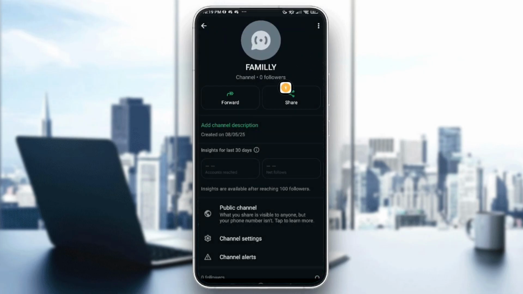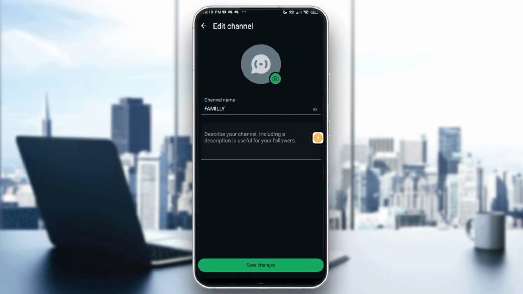And right here, I just want you to go into these three points and tap on them, and here I want you to tap on Edit. So once you get here, I just want you to go into this icon, this camera icon in the green color, and after that I want you to upload the picture that you'd love to be on your channel,